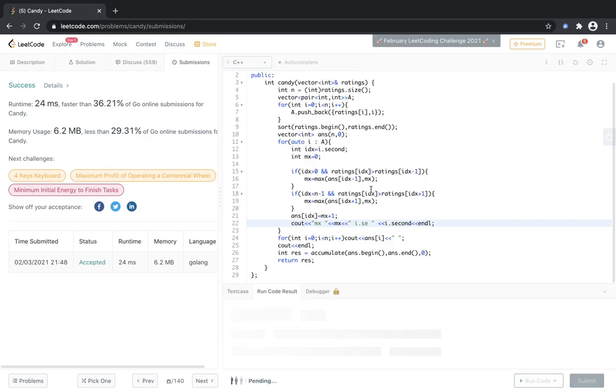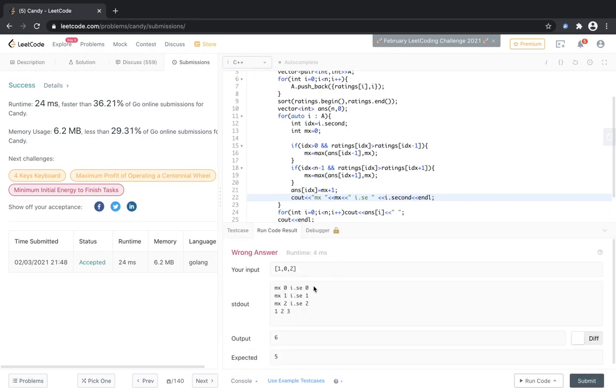So I'm just checking what are the values that we are getting. So first should be 0, which is 0, and then answer idx becomes 1.